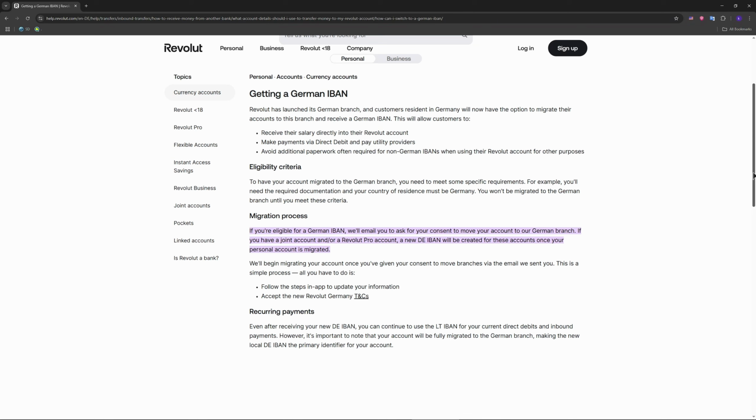After that, you can open up your Revolut app on your device, navigate to the Home tab, tap on Accounts, select your Euro account. Then on Details, you need to tap on this button to view your IBAN and other account information. Also guys, upon consenting to migrate to the German branch, your account settings, including balances and transaction history,